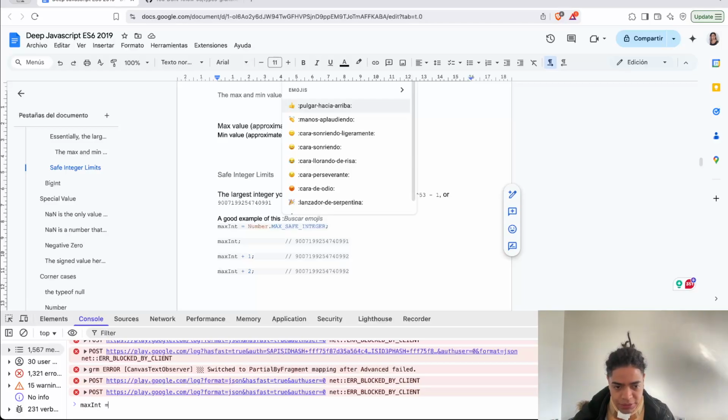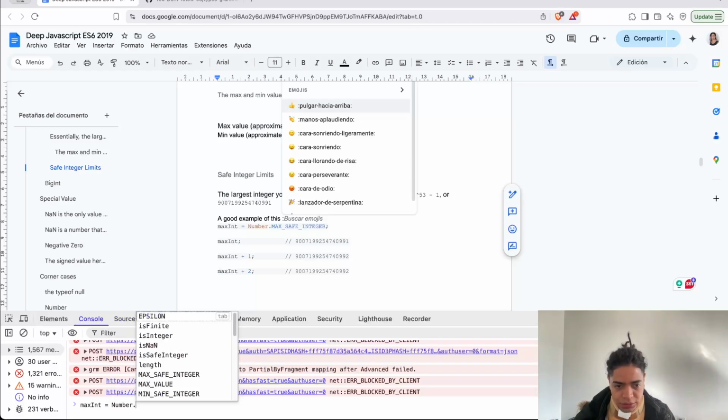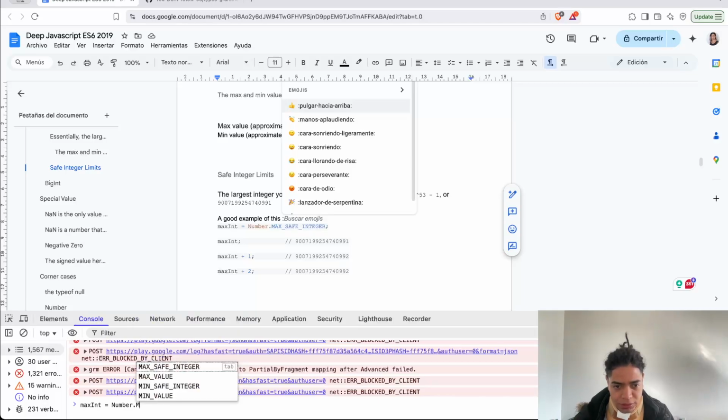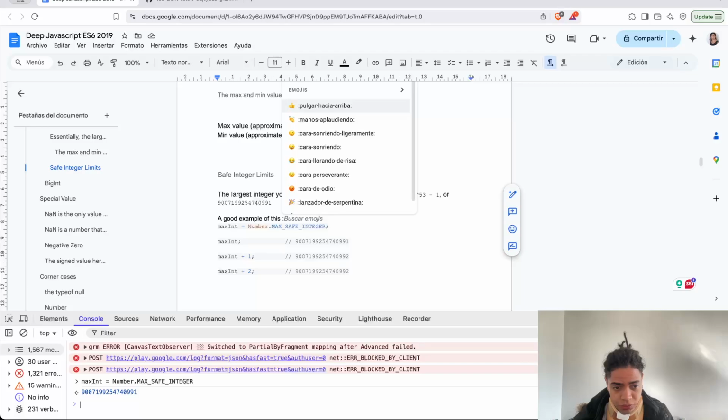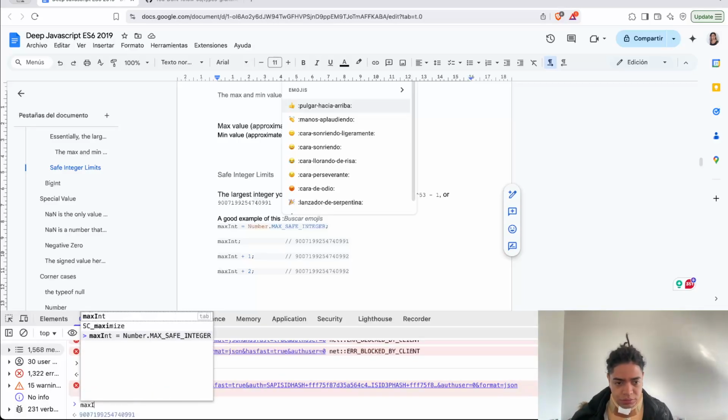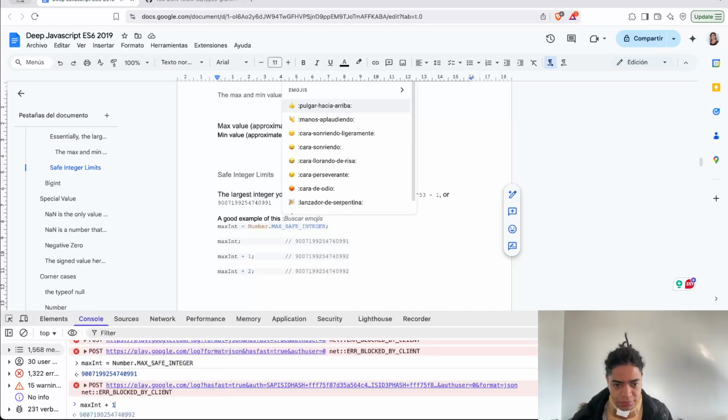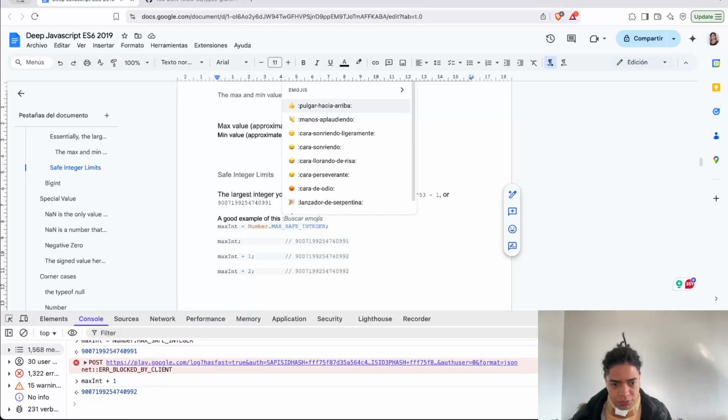The max integer is Number.MAX_SAFE_INTEGER. We store that. It's the same as 2 to the power 53, which makes sense. If you increment that by plus 1, it does that accurately. But if you do max integer plus 2,